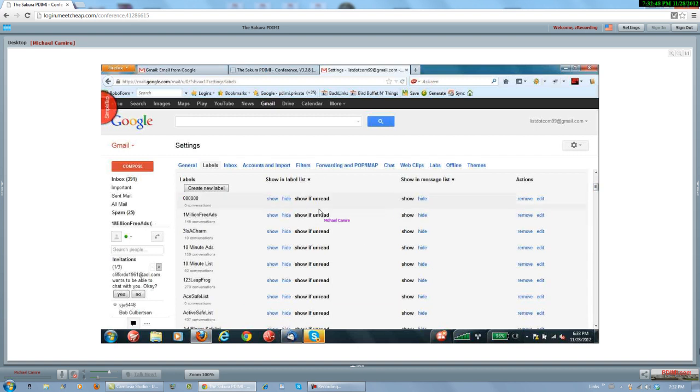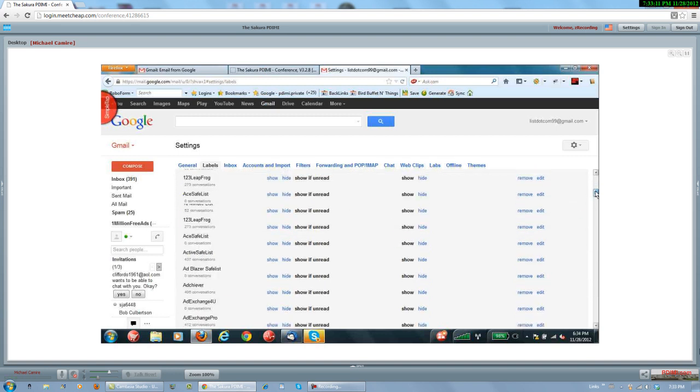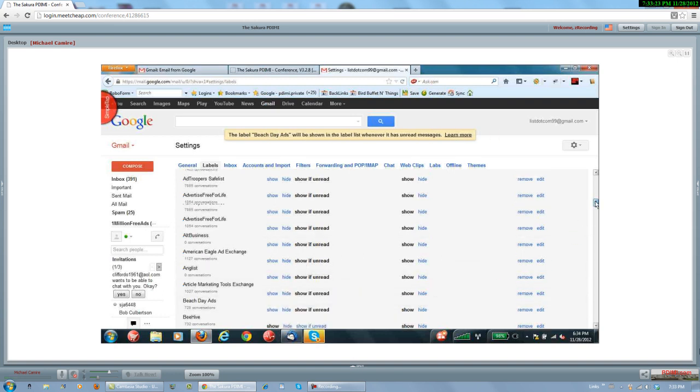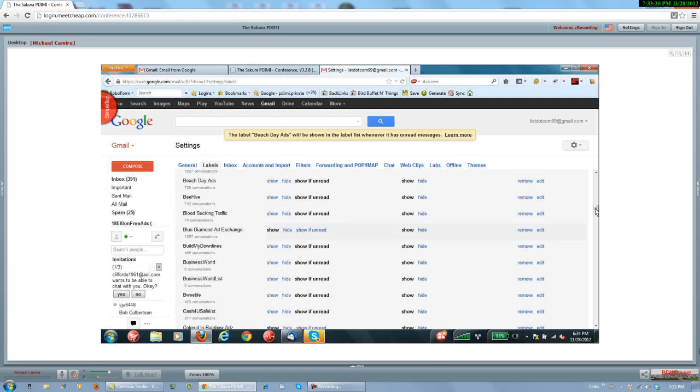What I do is I click on these that say show if unread. So in other words, if all the emails that have that label have been read, you will not see that label down the left. Only the ones that have unread emails. Or you can tell it to show all the time or hide all the time. So the one I just added was new, show if unread. All of these I wanted to say show if unread, if I have unread email. So you can see I've added a whole bunch more